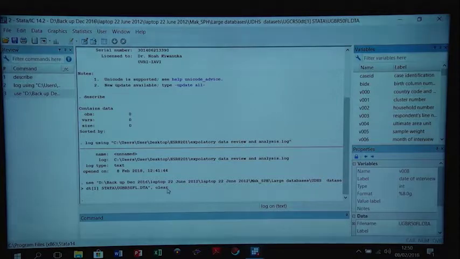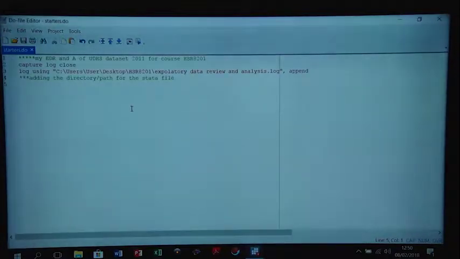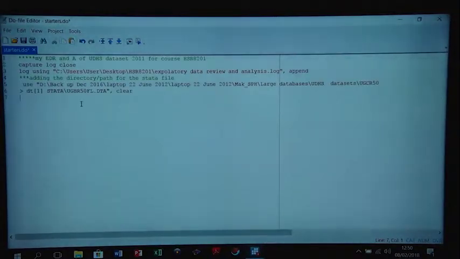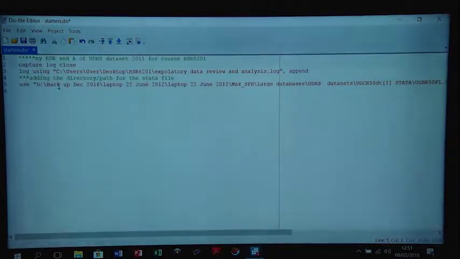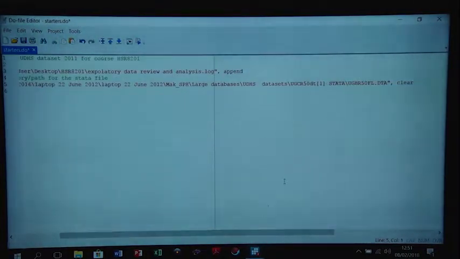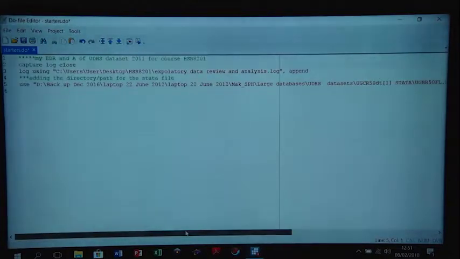We now copy this folder here, this path, okay? Which says use, without taking the period, and we put it in our do file, and we paste it here. And now guess what? Things are not okay because they went to another page. So we remove that arrow and put everything on the same page, and you can clearly see that now the command is in blue and the path is in maroon,